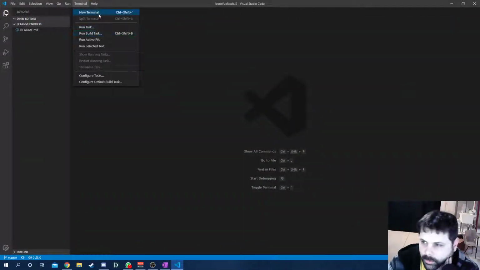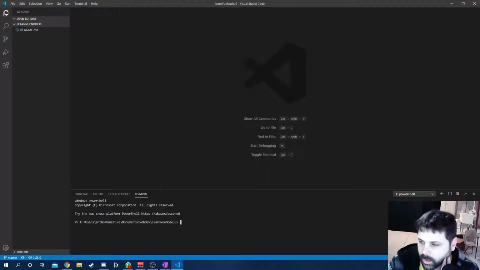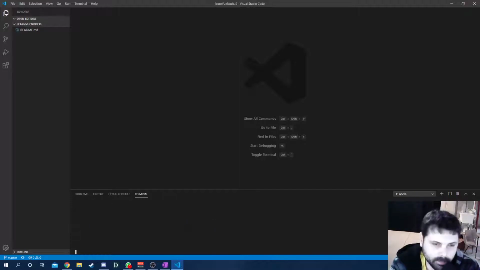We're going to open a terminal up, new terminal, and this is the same thing as the command prompt. So we are going to type vue create hello world. Never actually done this. I don't know if it's going to work. Oh, sure does. Okay, so